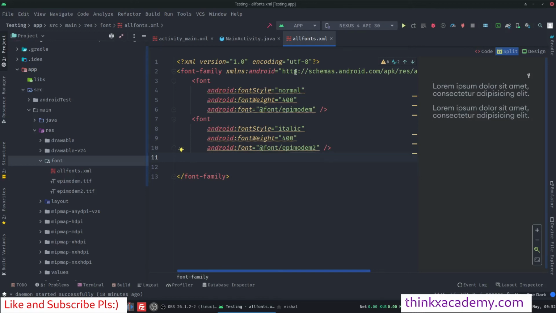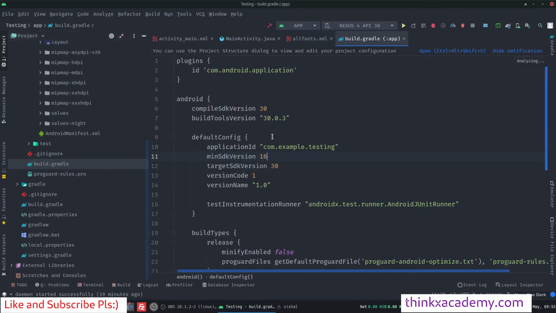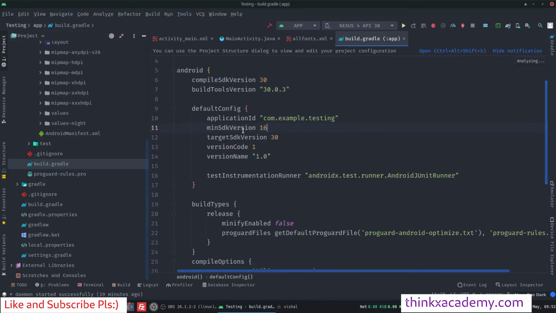So this trick won't work if your activity is actually supporting Android versions which are level 26 and below. As you can see, in my case the minimum SDK version is 16, so you will have to change it to 26 as well.